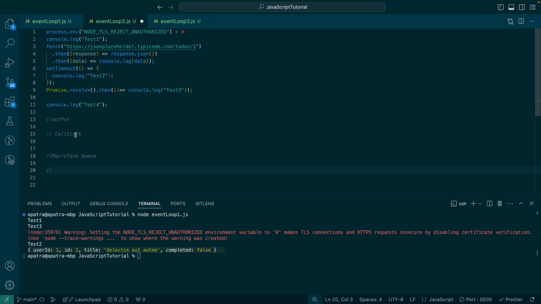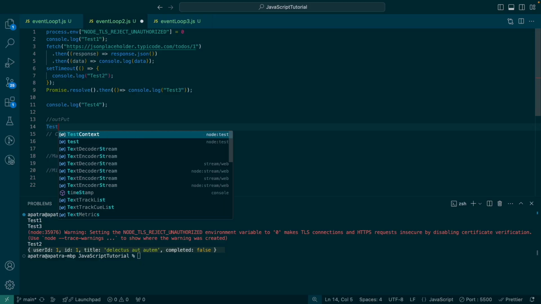Then I'll just create one Microtask queue. So what are the things that will come to the call stack? All the things are coming to the call stack altogether. But whenever it sees any synchronous task, it will simply pop it out. That means first the output will be test1,